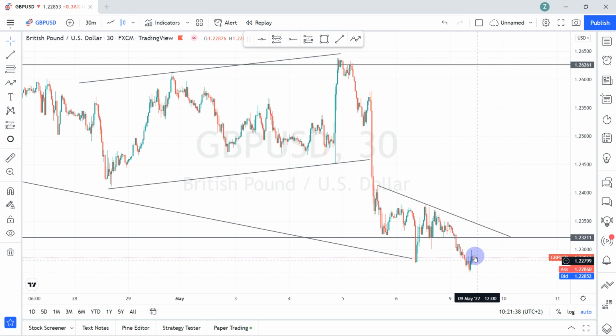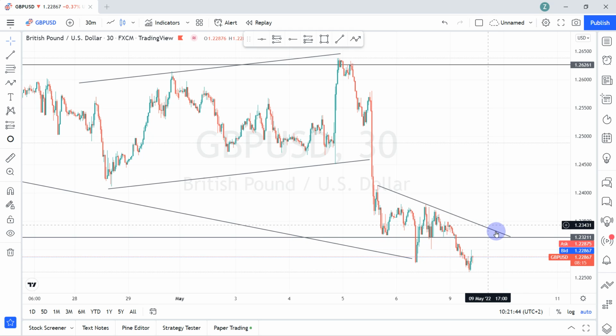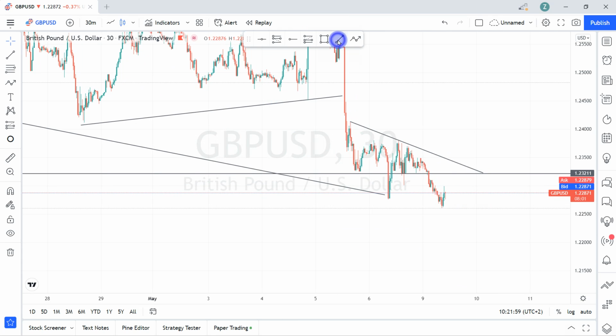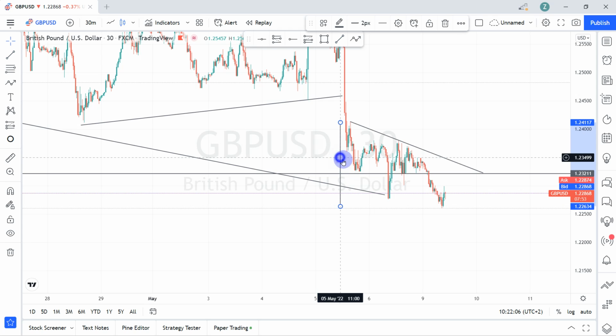And if the market rejects my buy setup, it would give me a double bottom and a third touch on this resisting trend line, and also it would be below my key level. That would also give me enough confidence to actually look to sell. So catering for sells,